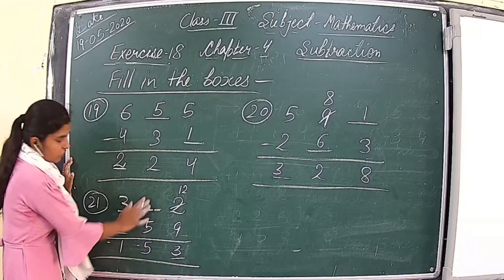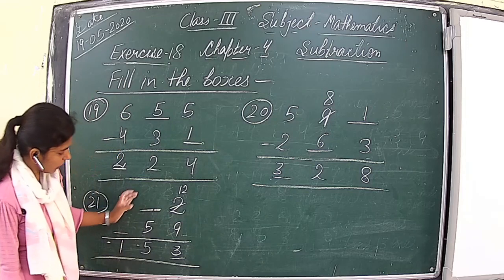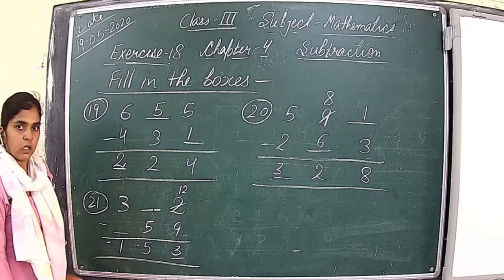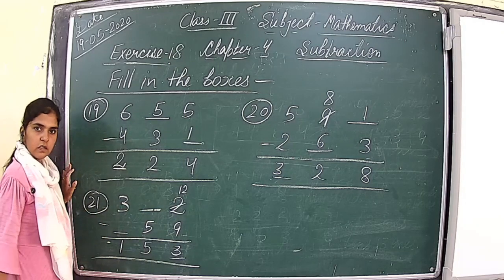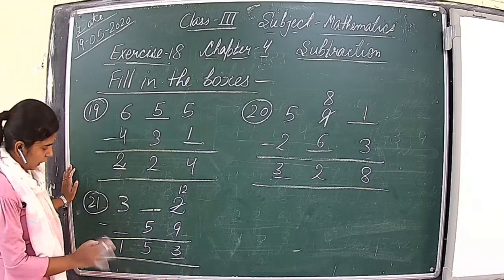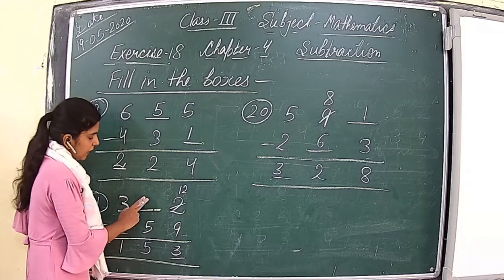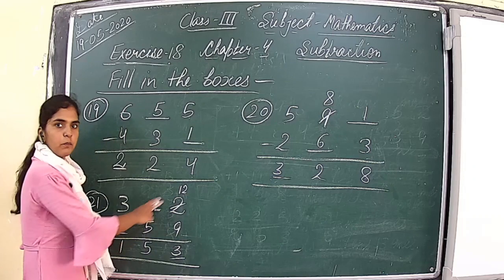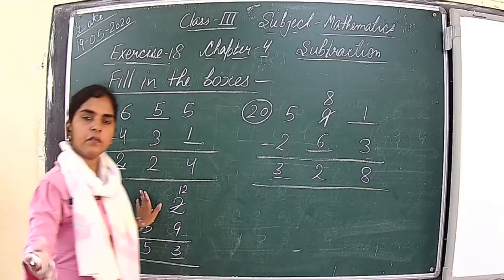Now see which digit should be there. From which number, when you subtract 5, you will get 5? You know that I told you add these two numbers and you will get the answer, right? So there will be 10. 10 minus 5 is equal to 5, right? But you forget that it gives one borrow to this number also.